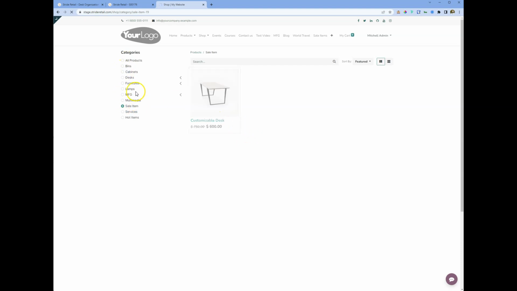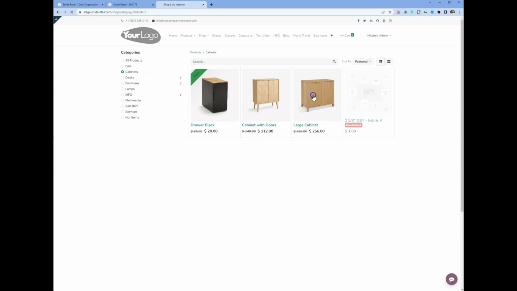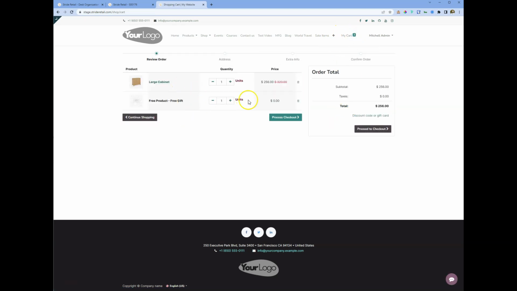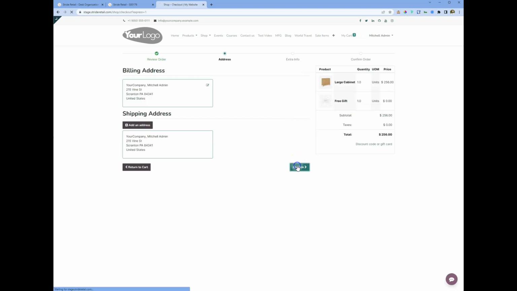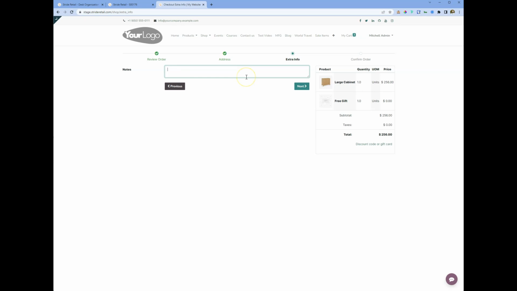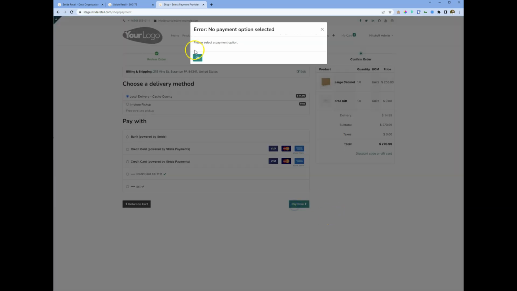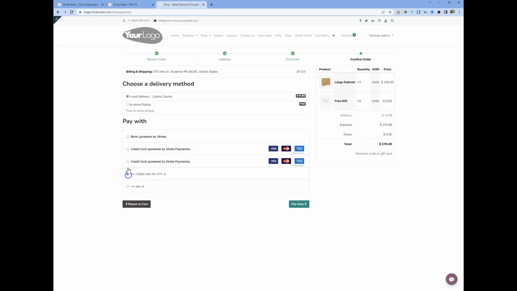and we're going to buy a cabinet, a large cabinet, add that to our cart. Oh, see, now we've got our free product here. So process checkout, confirm. We're going to need to say, I want the organizer. I didn't save it in the previous version of this, so I hope you're still watching, because now we'll be able to actually see what it looks like. Oh, I need to do this. I'm going to do in-store pickup, pay now,